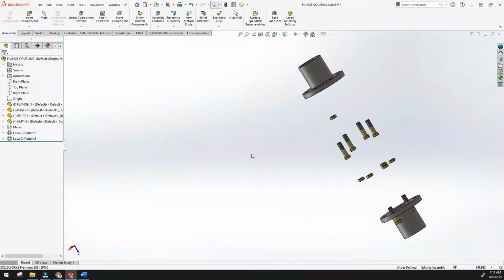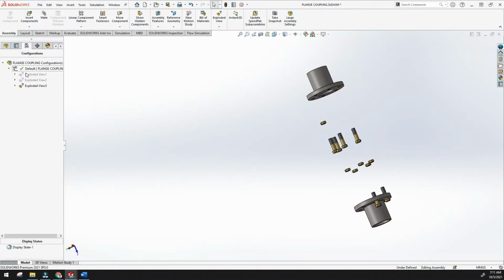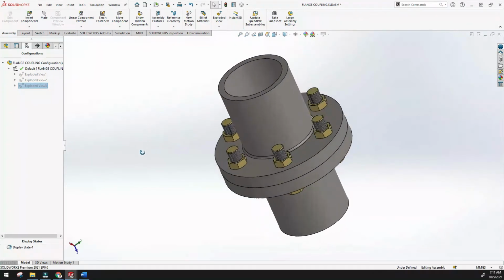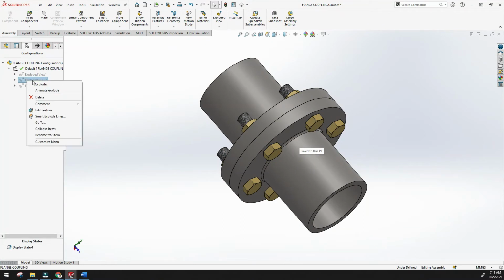And in this exploded part, if you want to collapse it, just click here and you will see this one is active, right? Just right click and collapse it, so it will collapse easily like this. So this is the easy way to use explode and collapse.